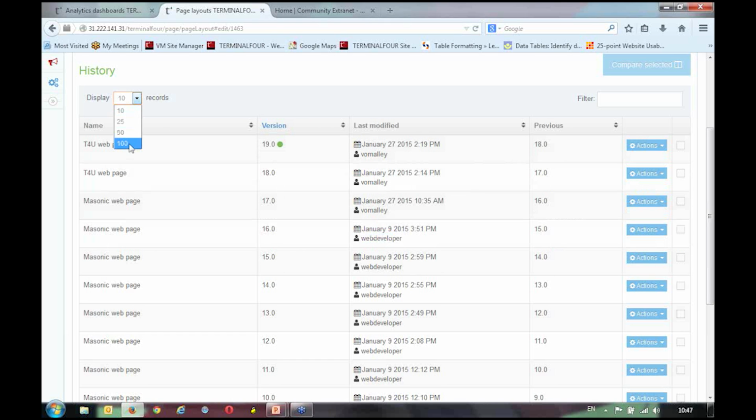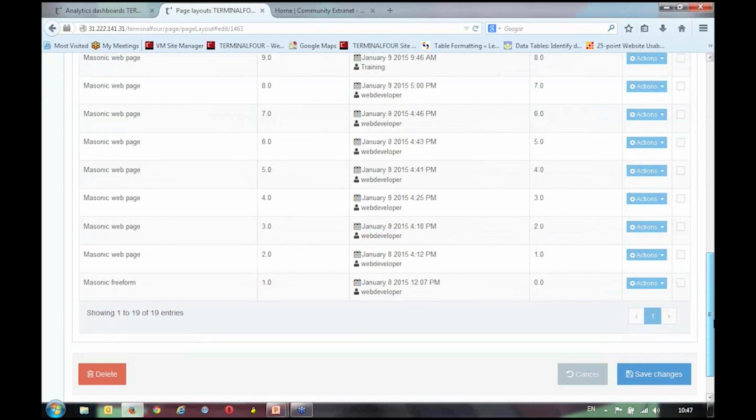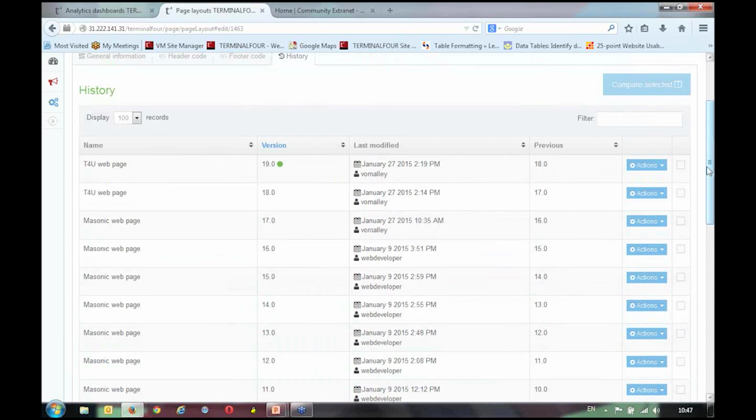So you can see different users have been working on this page layout over time. And if we have a look at all of the page layouts available, we can see that edits go all the way back to its incarnation, which was on January 8th. And if I click on this